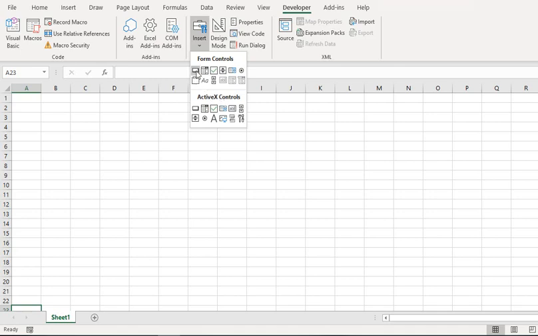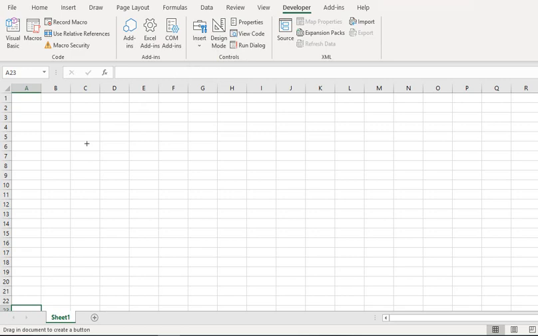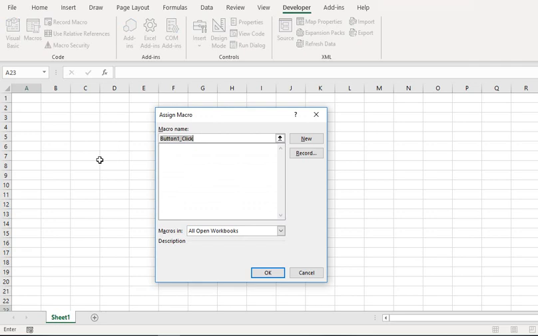So let's take the button from the form control and I place it on my Excel sheet like this. When you do it, a window appears which says assign macro. If you already have some recorded macros in the same worksheet, they will appear here in this menu and you can select those.